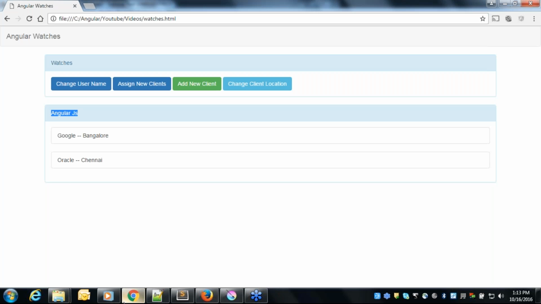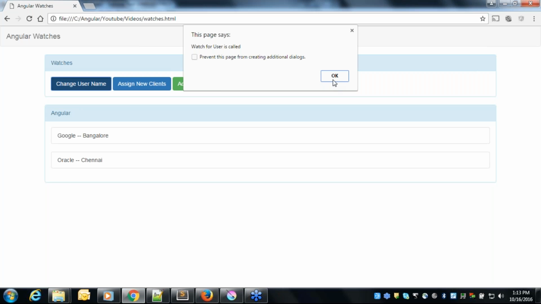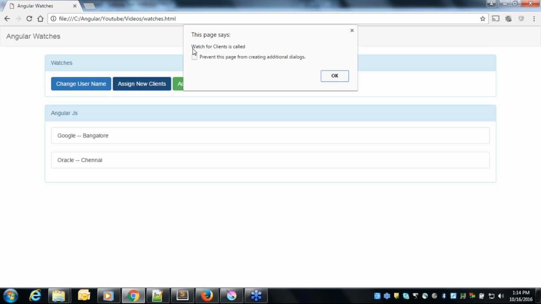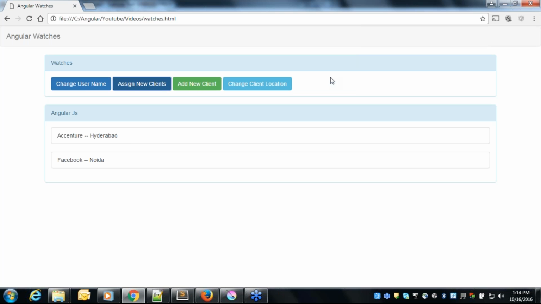So now when we run this application and change the username, we can see that the watch for the user is called. When we assign new clients, that means we are changing the reference of clients to the new clients, then we can see that the watch for the clients has been called. But now when we are adding a new client to that array,